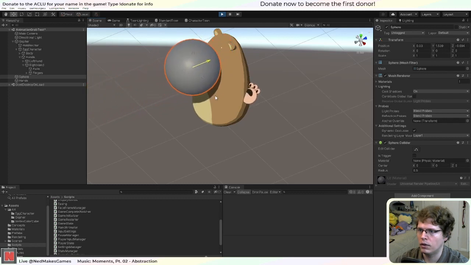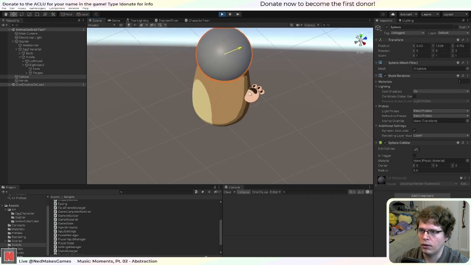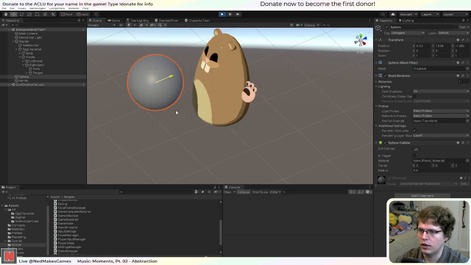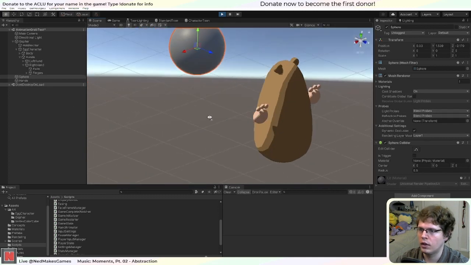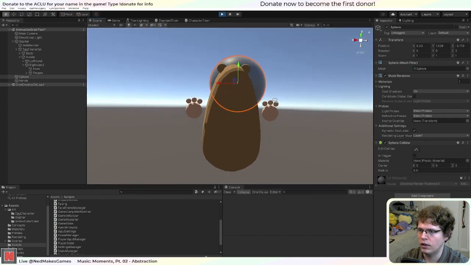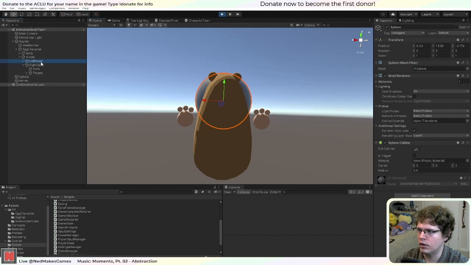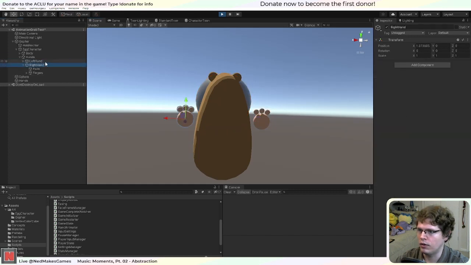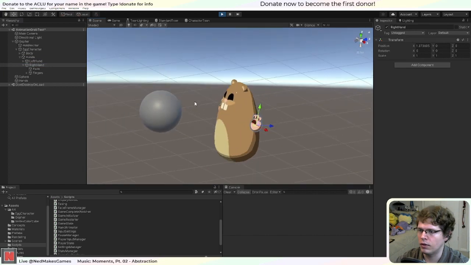Okay, well they're moving. So the forward is supposed to go forward, but the thing is, it's inverted, because we had to do the opposite of the view direction. Also, the left and right hand are opposite. I'm trying to think, what's the best way to solve this? I don't really like